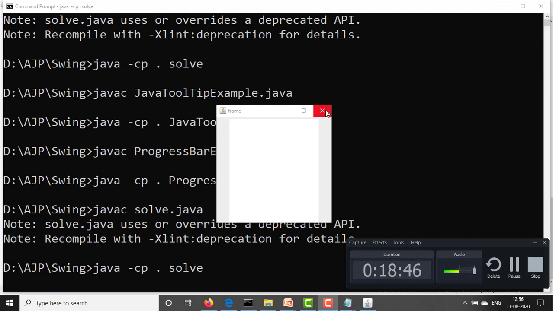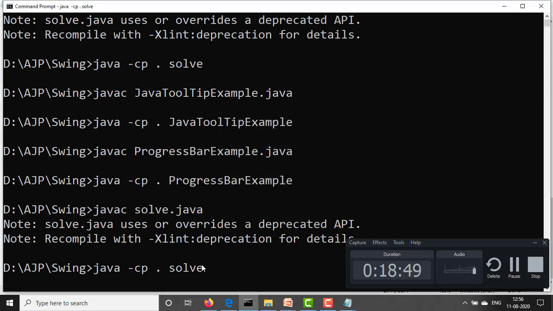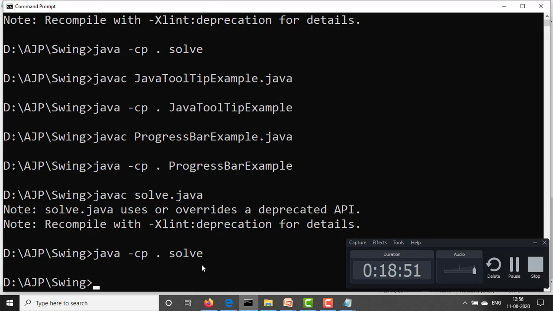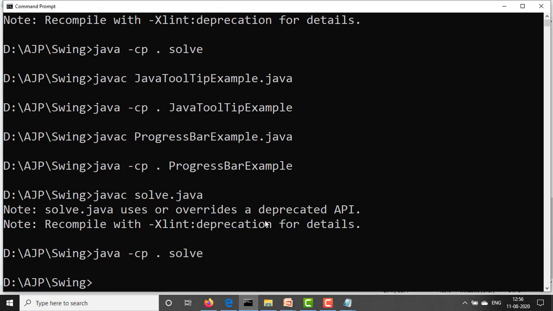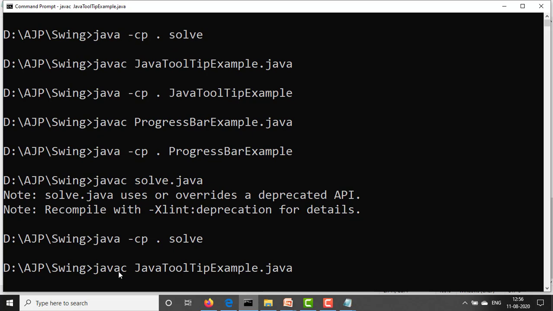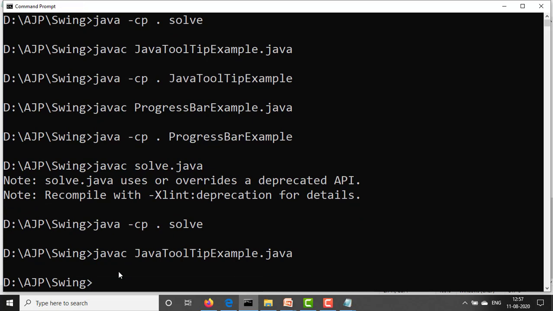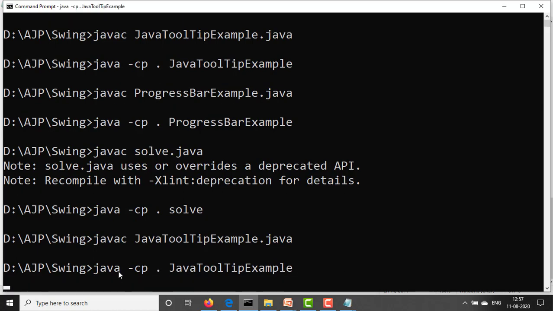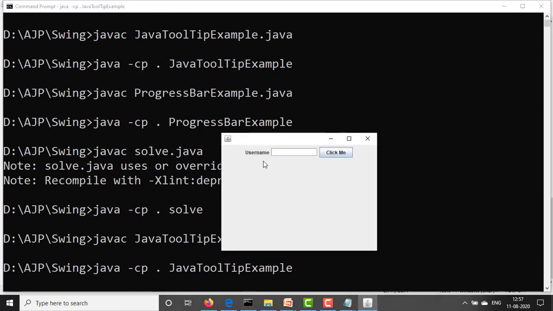Okay, see another example. javac JavaTooltipExample. Compilation is okay, execution. This is the window. Here when I put the mouse over username, the message "Enter username" is displayed as a tooltip.